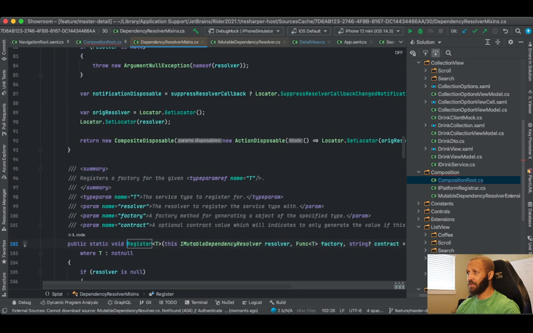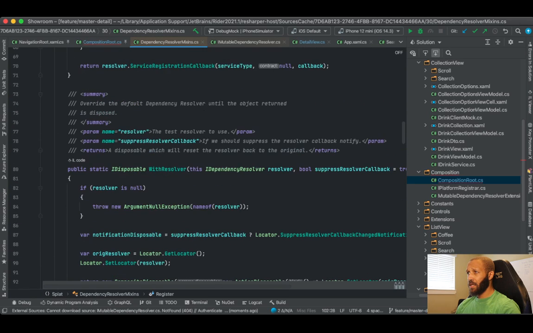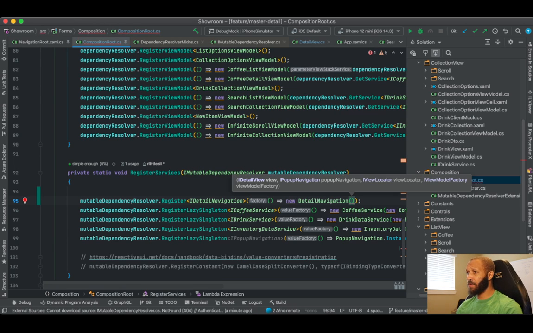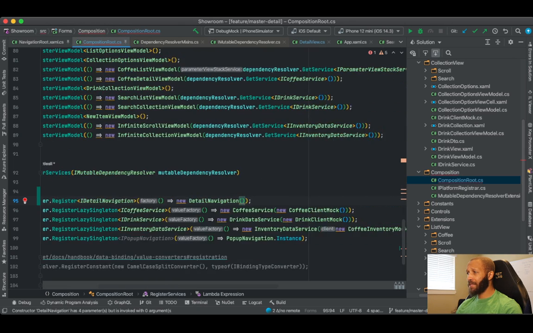I want to register it as a transient. Yeah, let's do it. All right, and then this is just going to be a factory where we do new detail navigation, where we would pass in